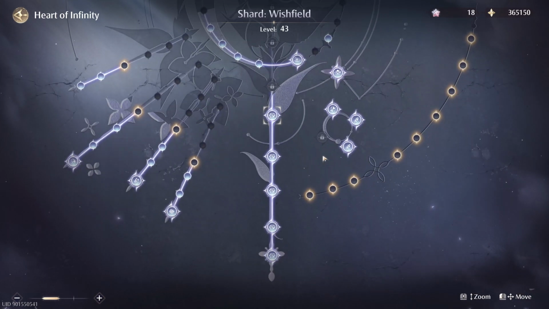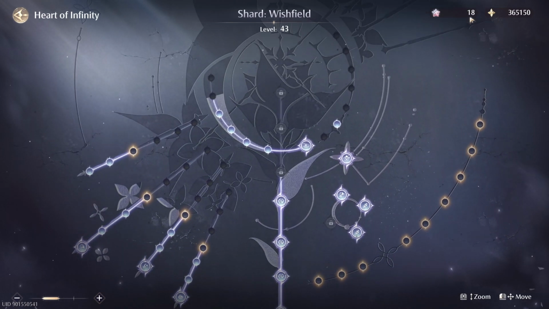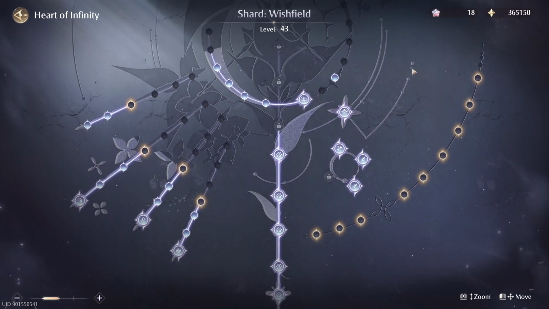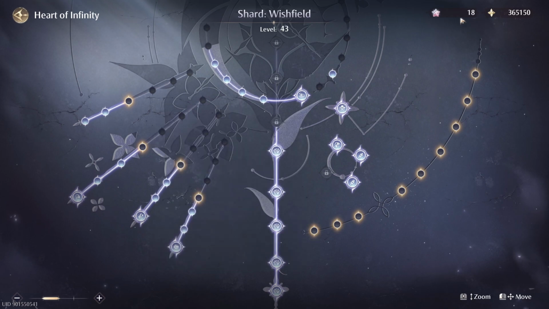it looks like. And you can see from earlier when we opened the map, it showed that we had 60 something Heart of Whim Star, but in here we only have 18. That is because the map, I think, counted the total of what we have. But inside here,